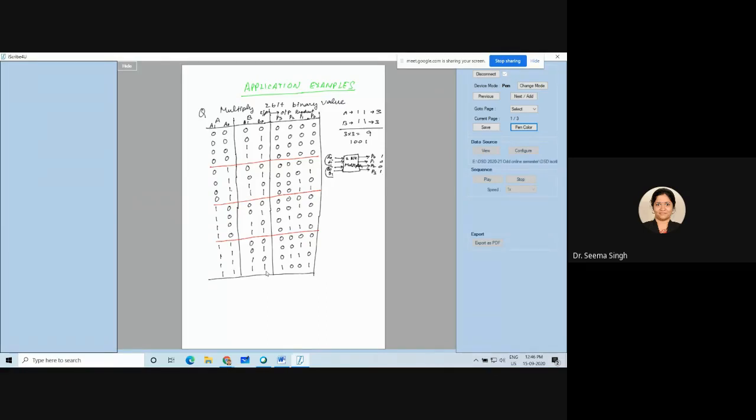So whenever you make any digital logic system, the first step is to analyze the problem and make a block diagram like this to understand the number of input and output. Once you have understood the number of input and output, you will see how to make a truth table.